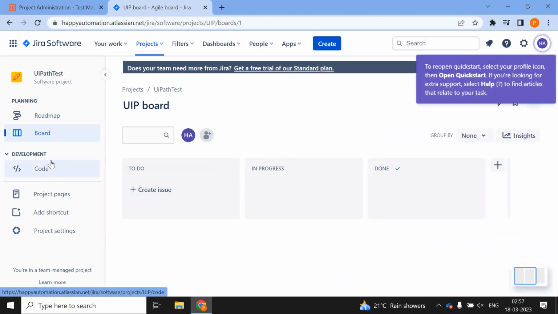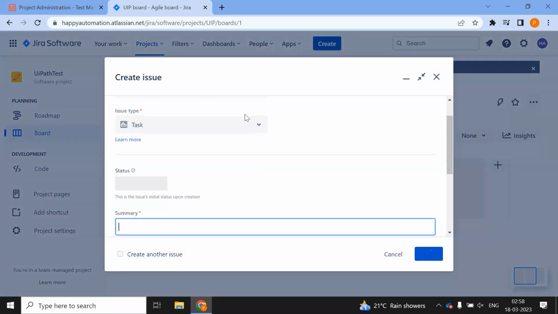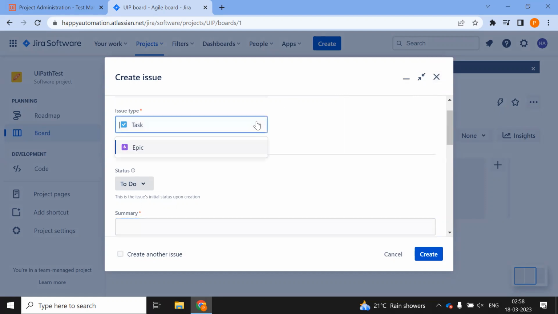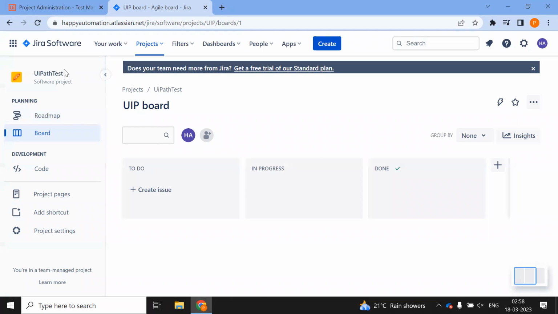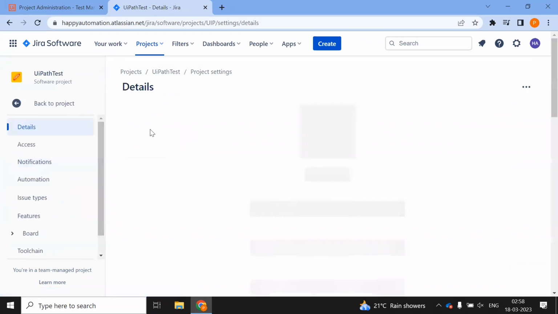So once my project got created, I don't want to go with this. I want to create a new project. Let's see, applicant task we have, and even this is also fine, I guess. But I'll go to the project settings and see